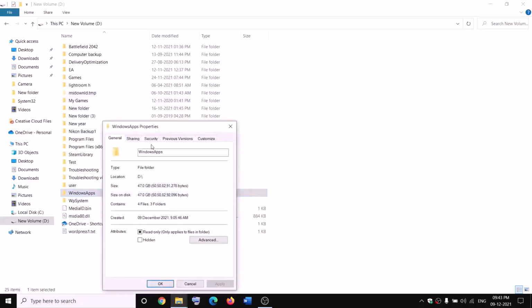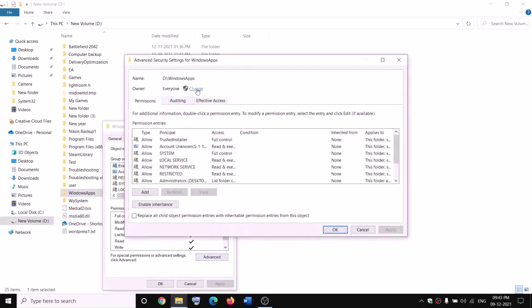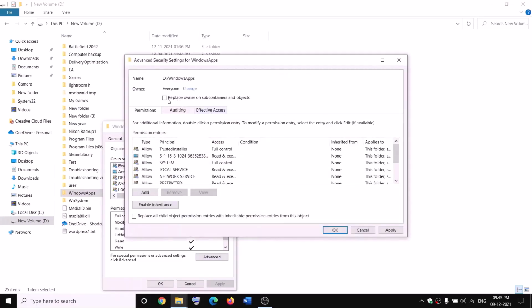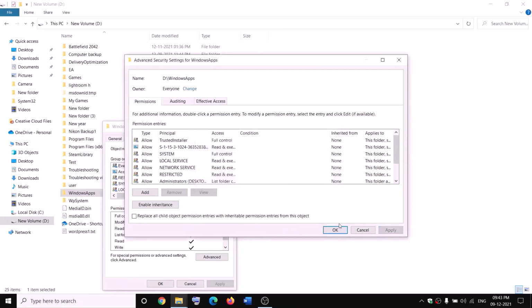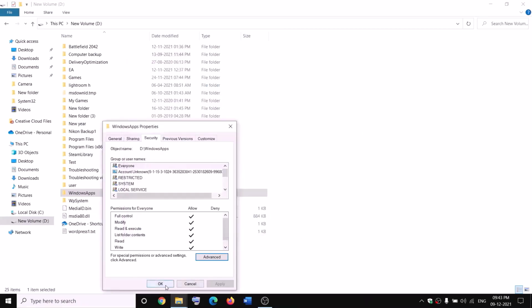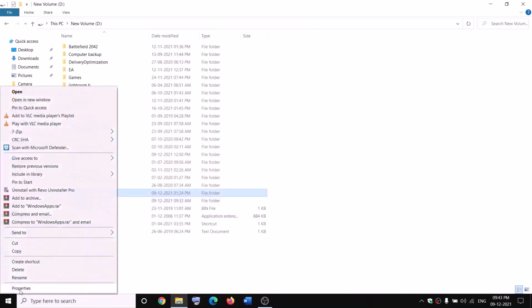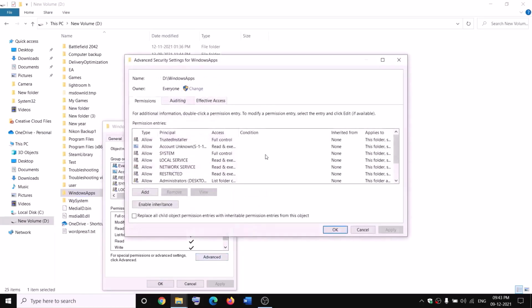Properties, go to Security tab, Advanced. Now click on Change over here, type in Everyone in the box. Now click on Check Names, then click on OK. Now put a check on the box which says Replace owner on subcontainers and objects and then click on Apply. OK, OK, again OK. Again make a right click on WindowsApps, select Properties, Security tab, Advanced, and this time